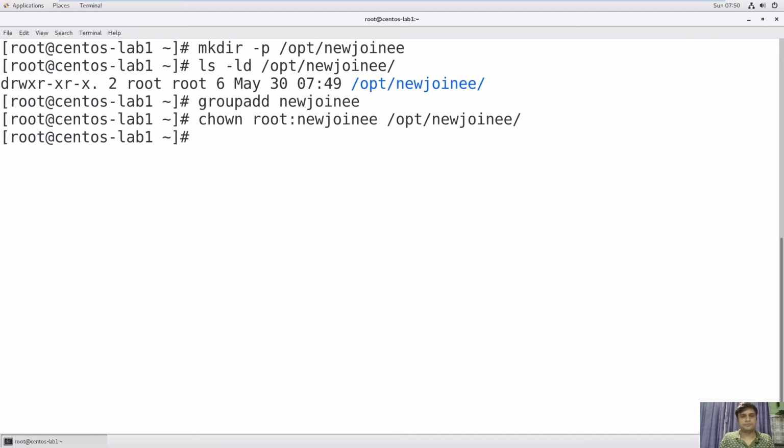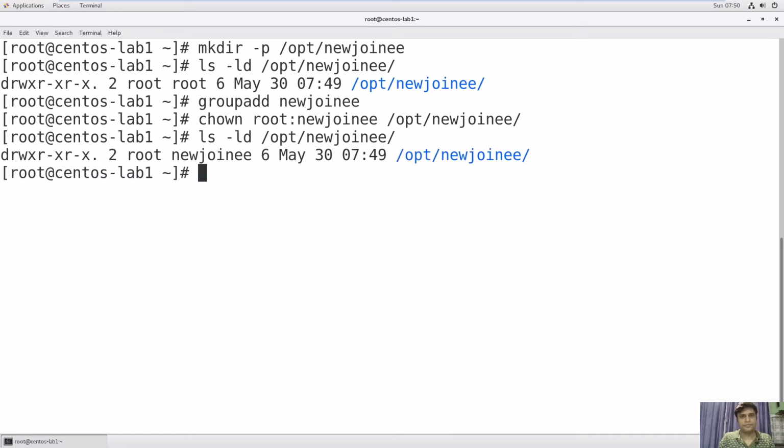Enter. You can check now. See, the ownership remains the same, root, and the group is now changed from root to newsjoiny.